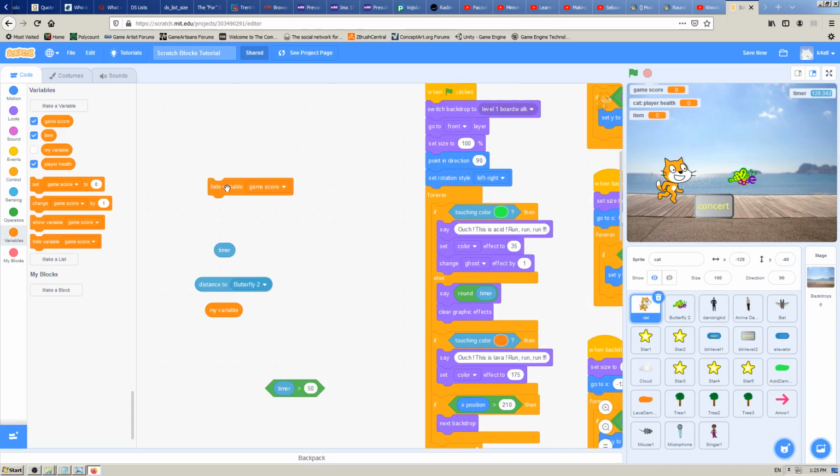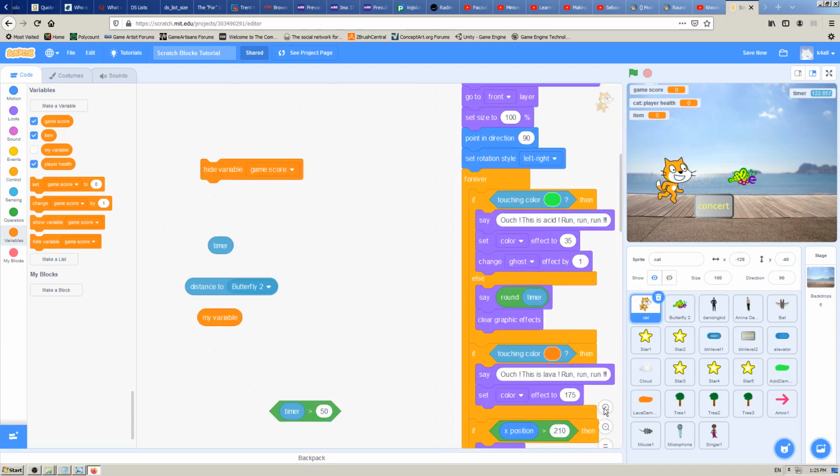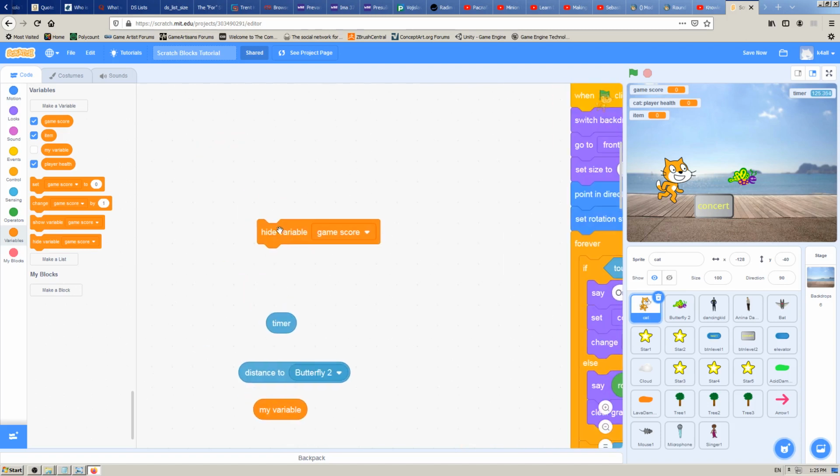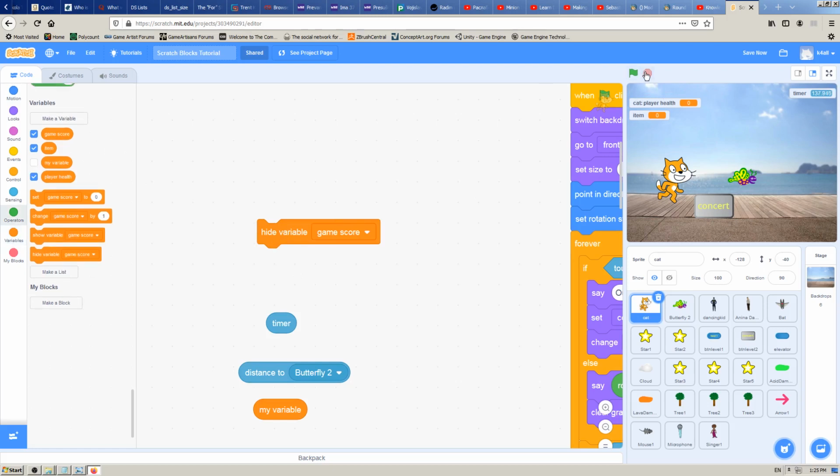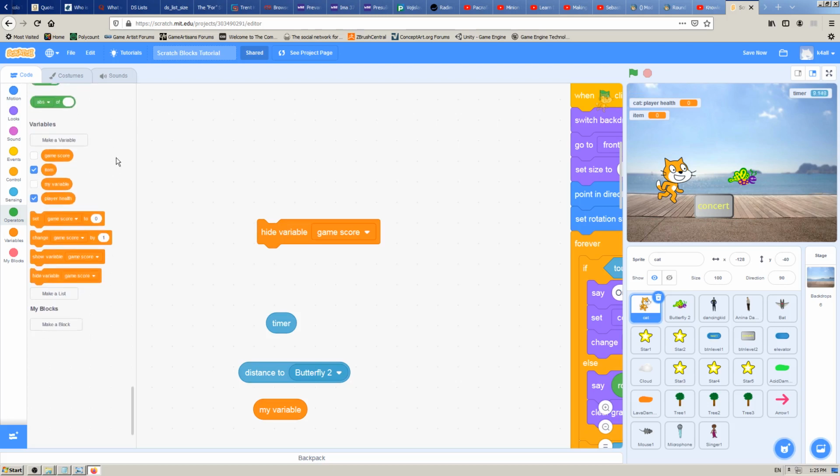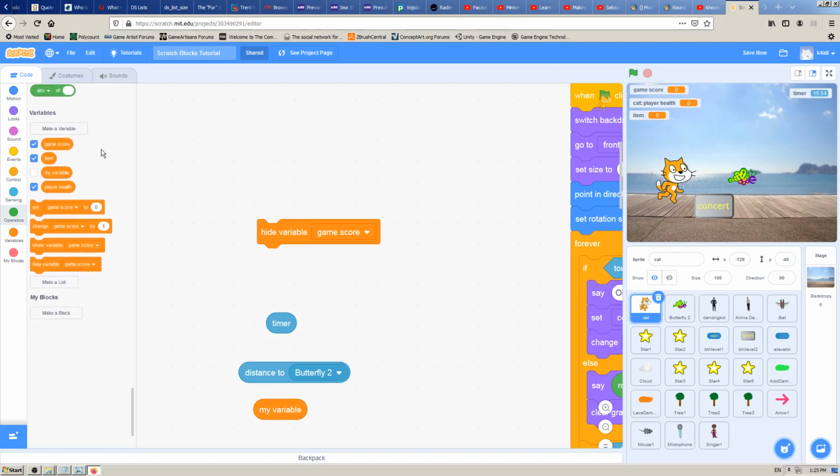Okay, if I click on this hide variable block, by default it says game score, and watch what will happen on the stage. You can see how the game score variable disappeared. When I start the game, we can see on our left, where our Scratch blocks are shown, that the checkbox for game score was still checked,